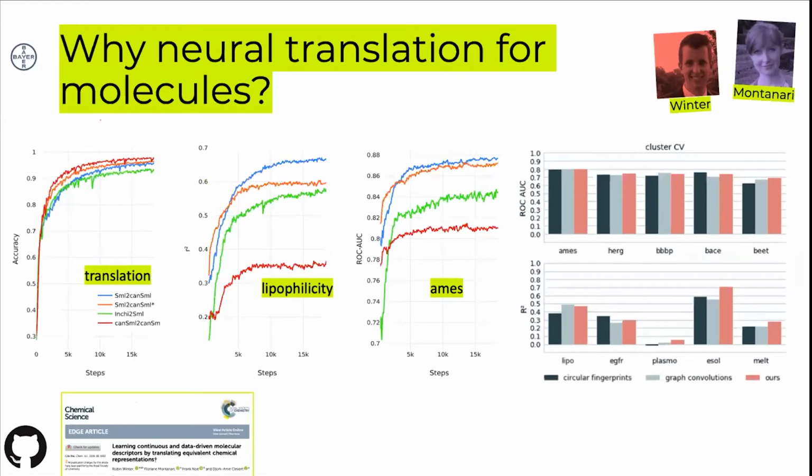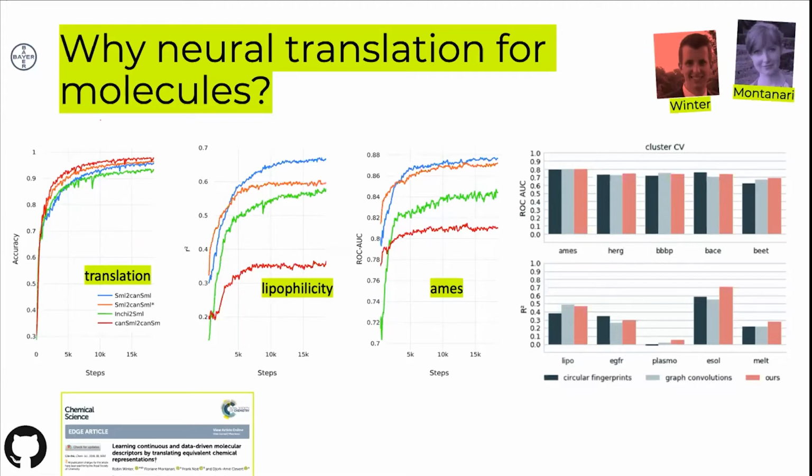And I'll show you a little bit of what you can achieve with it. On the left-hand side, in the first panel, you see the translation accuracy. The red line shows you the translation accuracy if you translate between two times the same representation, so a canonical SMILES to a canonical SMILES. This is a very easy translation task, and you see the translation accuracy is very high. But if you then, at a certain point, take lipophilicity as a task, for example, and take the representation that it learns at time step 5000, then you see that the performance of this model is very poor in an R-square and a regression task.